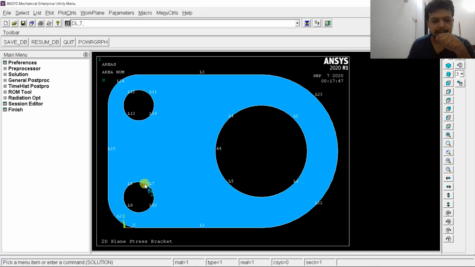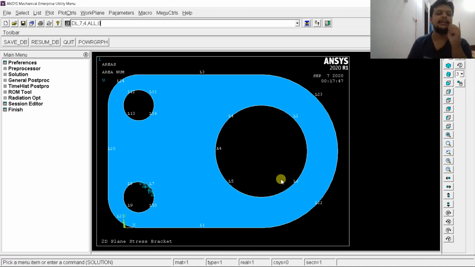Now one more thing you have to do is go into numbering and make the line number on, apply, OK. See here line 7, for the 7th line what you have to type: DL, you have to restrict degree of freedom on the 7th line. Now the next input is which area line number 7 is lying on, that is A4. See here only a single area is there, A4. So you have to type 4, comma, all. I have to restrict all degrees of freedom, comma. Now I have to give the value. Here I want to restrict everything, so I will give it as 0.